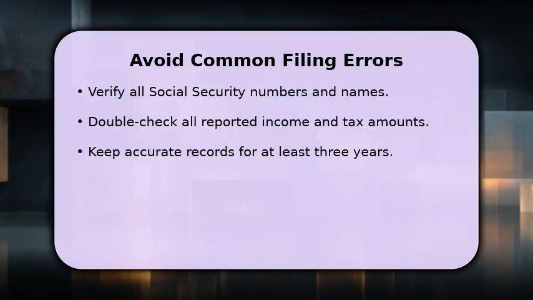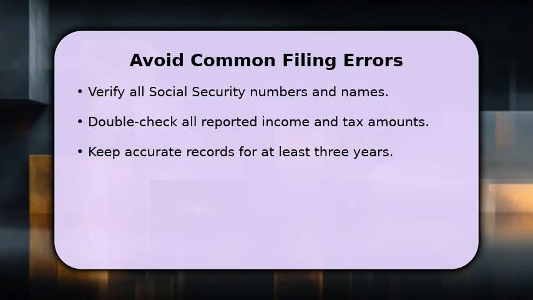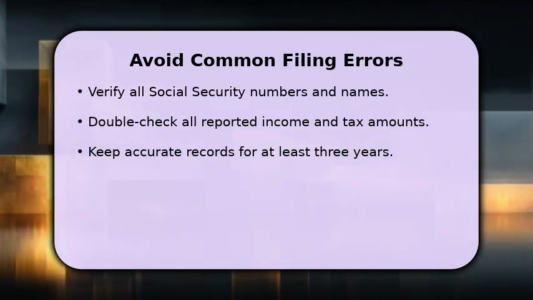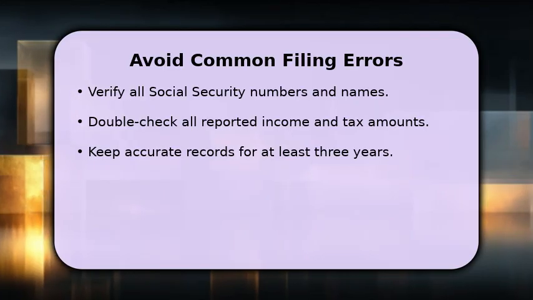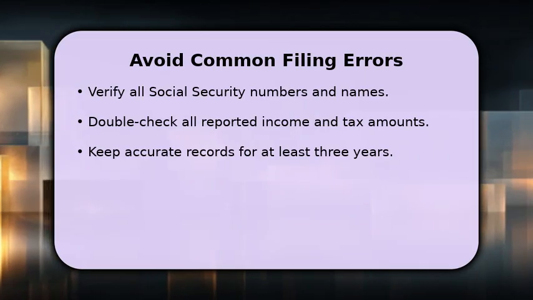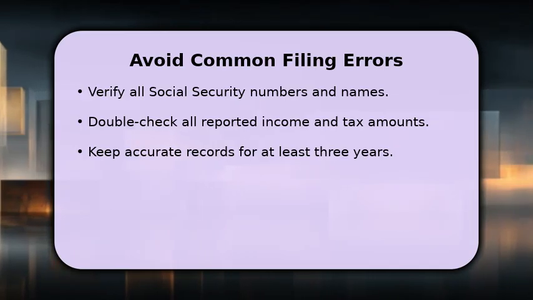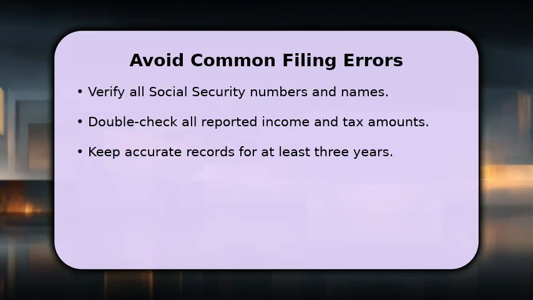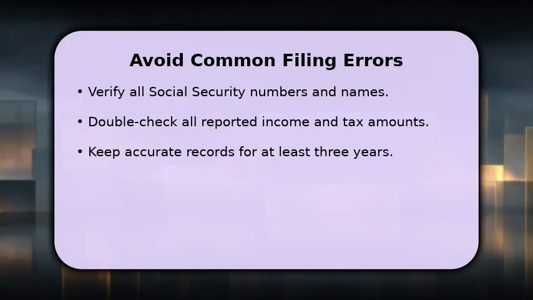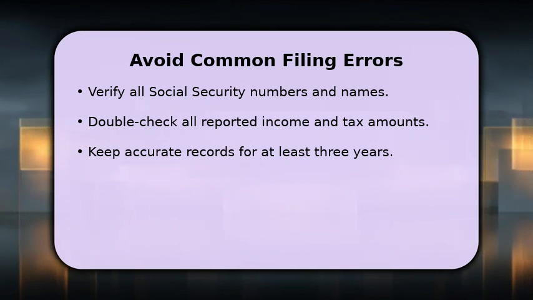To ensure a smooth filing process, let's discuss how to avoid common errors. Always verify that all Social Security numbers and names match official records exactly. Carefully double-check every reported income and tax withheld amount for accuracy. It's also crucial to maintain thorough and accurate records for a minimum of 3 years. If you encounter any complex situations, don't hesitate to consult official IRS publications or seek advice from a qualified tax